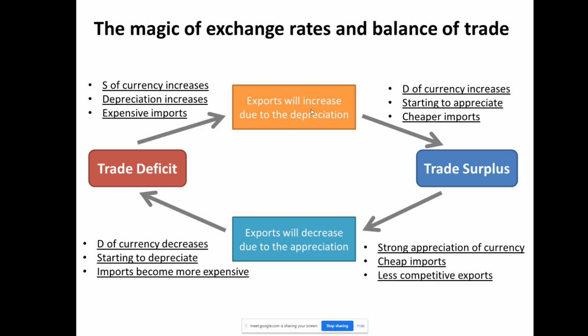the exports are going to go back up because of the depreciation, right? Because your competitiveness when it comes to exports will go back up. So you see here is the transition. When you have a trade deficit, you have a situation like this, but eventually, because of depreciation, your exports will go back up. And when your exports are going back up, there will be an